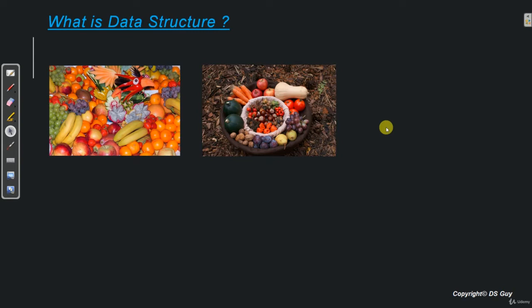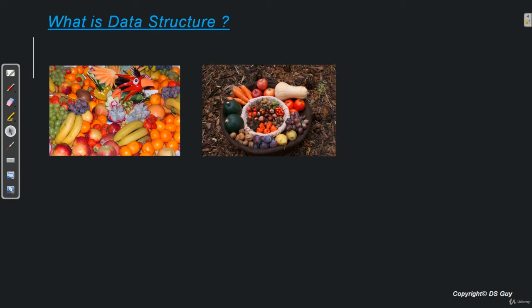So here we have all our fruits and vegetables in an organized way. So now if we want to pick up our vegetables, let's say apple or a tomato, it will be way easier compared to the first basket. So what we have done in the second case? We have simply taken all the items from first basket and we have put it in a more organized way